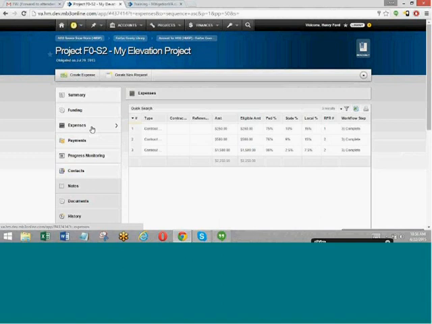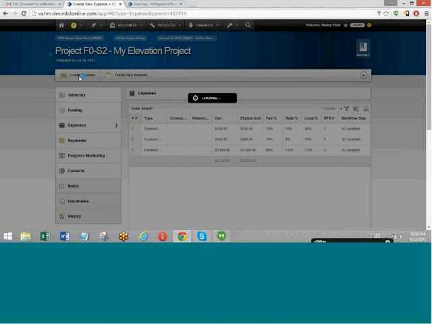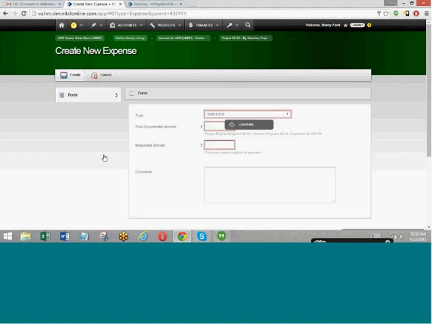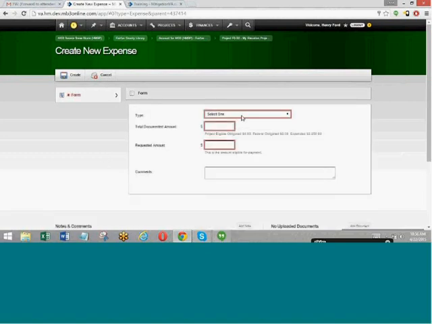So I'm just going to show you what it looks like to log an expense against the project. The first thing is you go to the project, go to the expenses tab where we are now, and then you just click on create expense. This will take you to a draft expense form. Now you can enter all the expense related information. And once you've done that, you can also scan and upload the supporting documentation. So let's say, for instance, this is account contract summary.